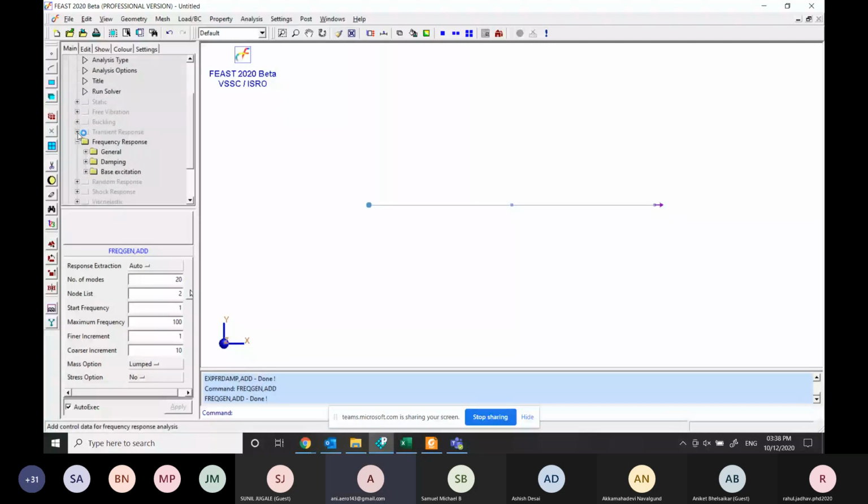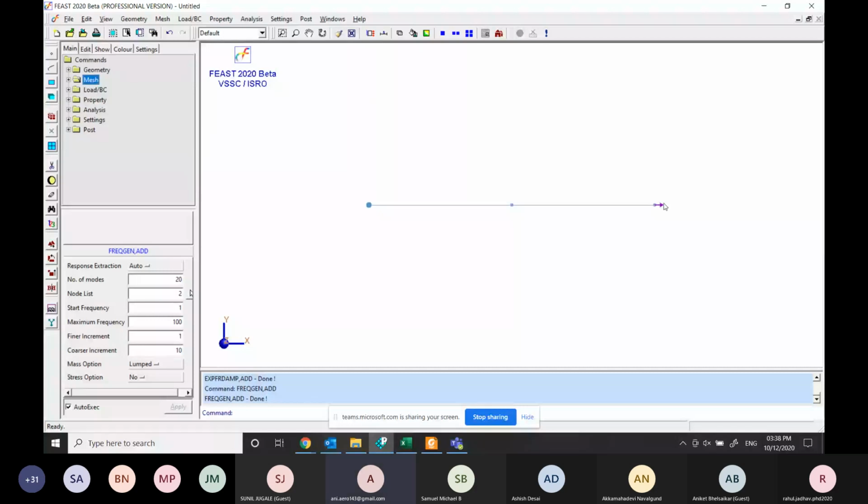So we will just quickly summarize what we have done so that we can perform the analysis and check out the results. First of all, we have skipped the geometry since we have the spring and mass, so we eliminated the geometry modeling option. We have directly created nodes, node number 1 and node number 2, and a spring element is generated between node number 1 and node number 2.